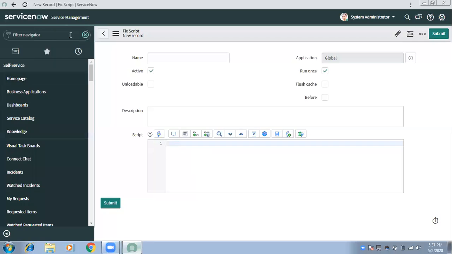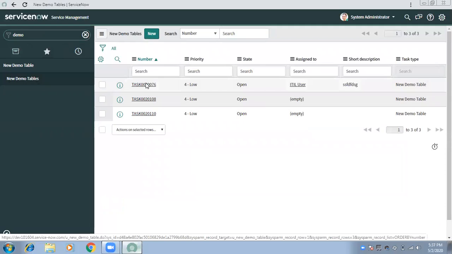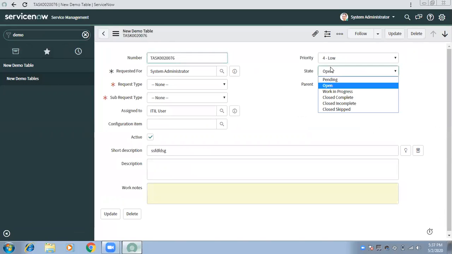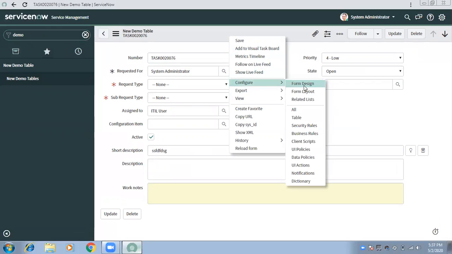So what I need to do is write an after business rule. Let's go to the demo table. Here I have state, and I will configure some related list.